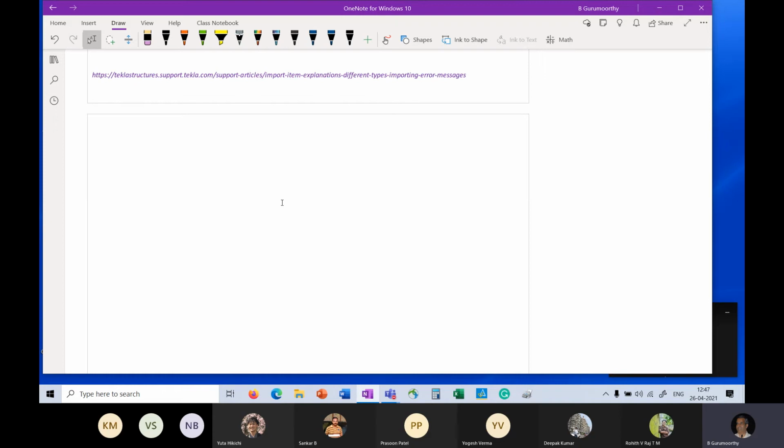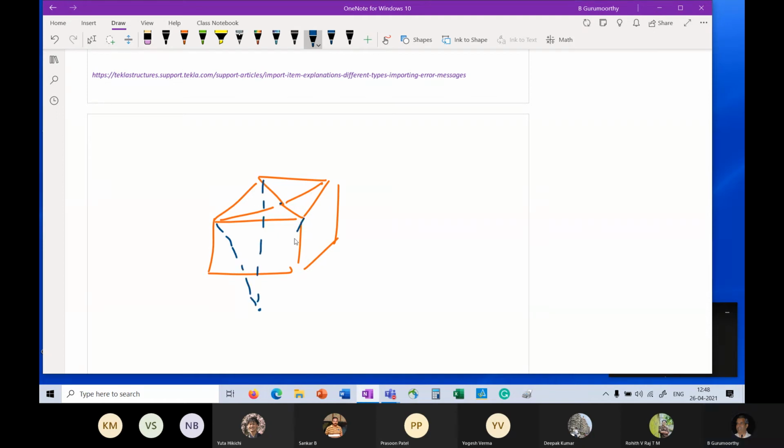The problem that we had was the following. I have an object which was originally chiseled out like that, but due to a mistake in the location of this vertex, which went here, I ended up having an object like that. Okay.